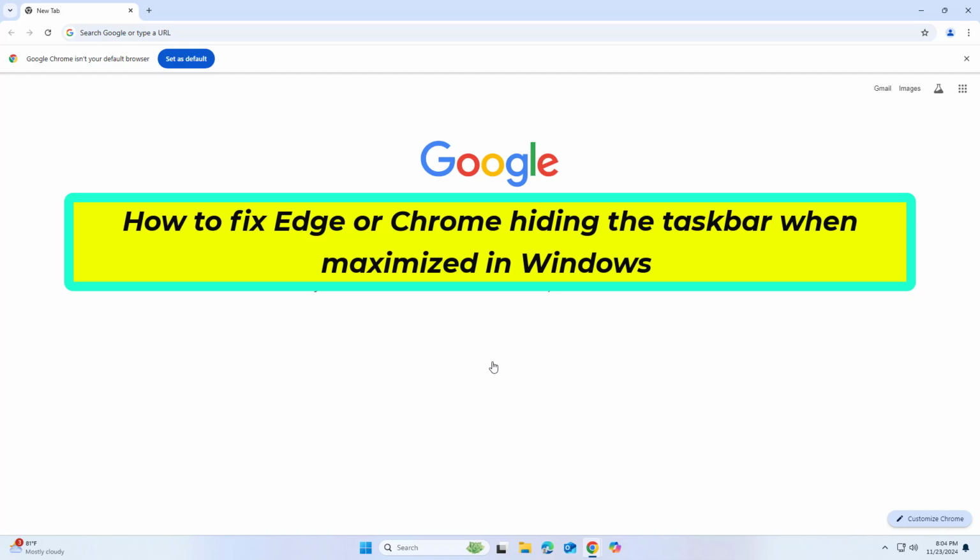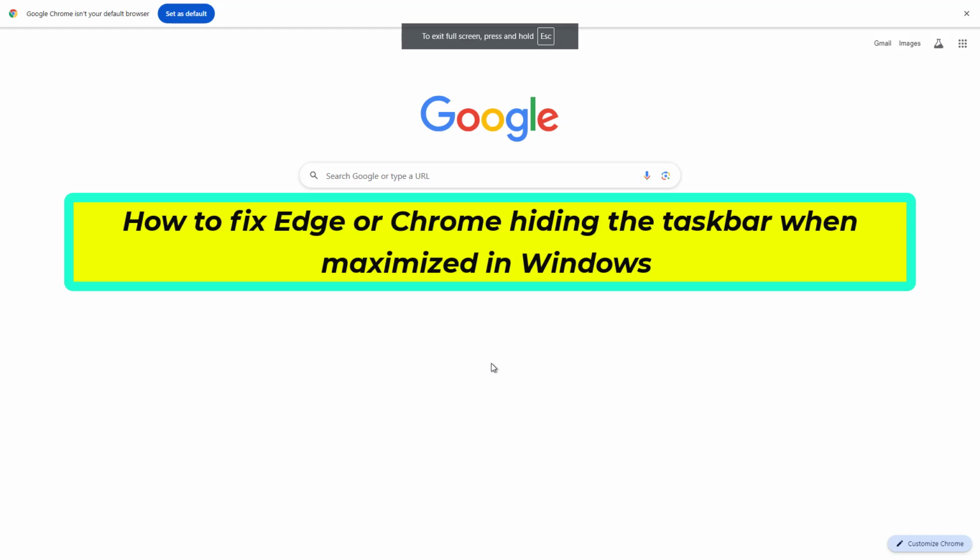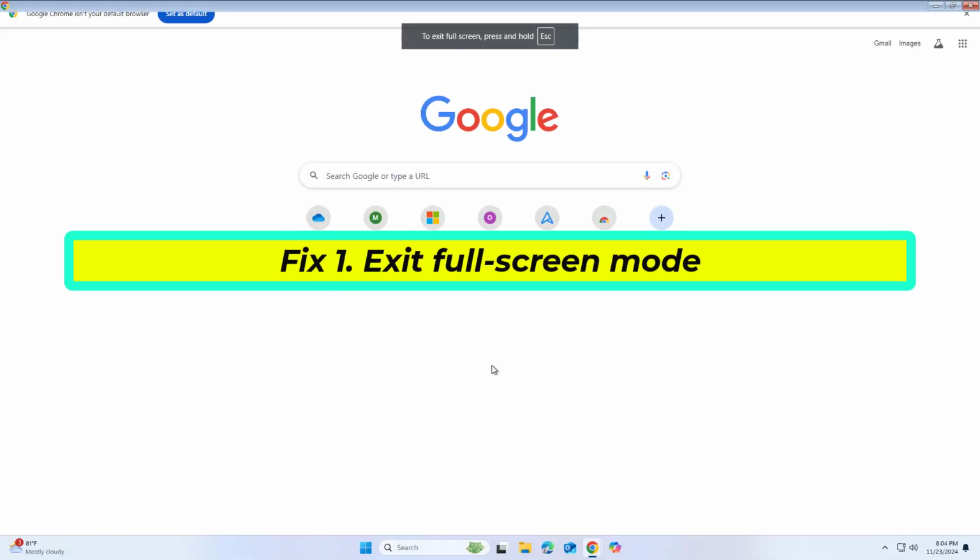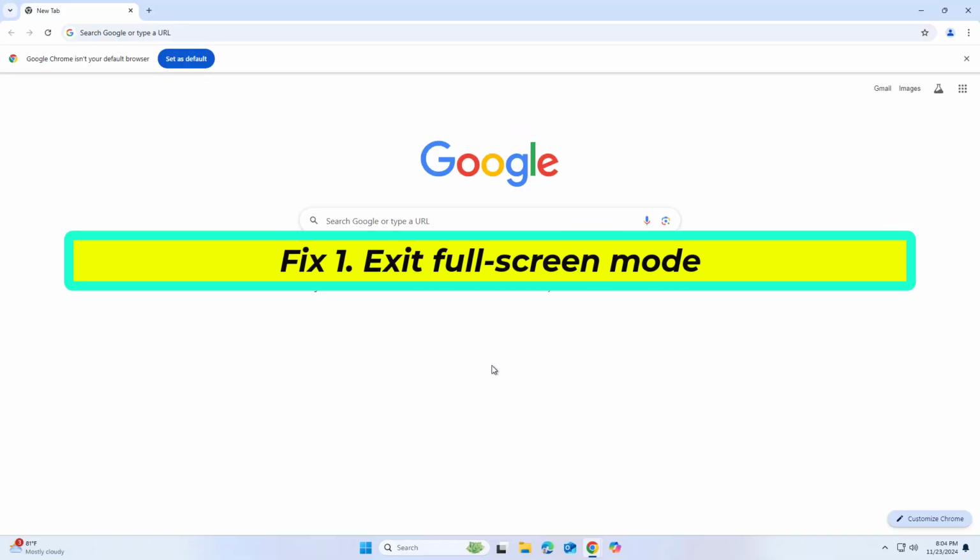How to fix Edge or Chrome hiding the taskbar when maximized in Windows. Press F11 on your keyboard. This key toggles the full screen mode on and off in most browsers. If that didn't work,